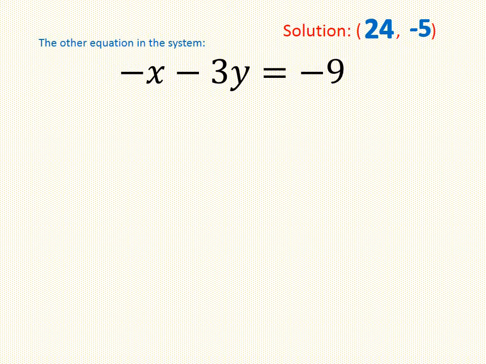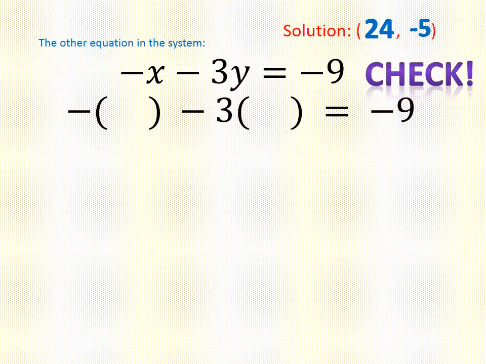Now that I know that my solution is 24, negative 5, all I need to do is to check and find out if my answer is correct. So this time I'm going to use the other equation in the system. Usually you substitute in one equation and you check in the second equation. So in this case, I'm going to have to substitute the value of x and y